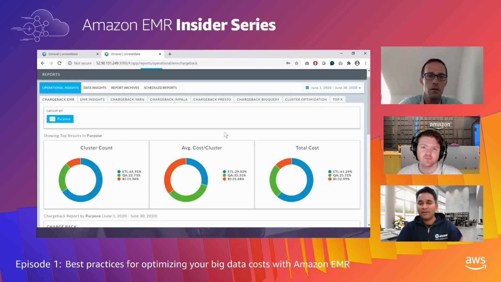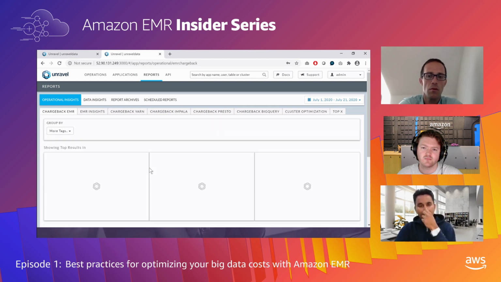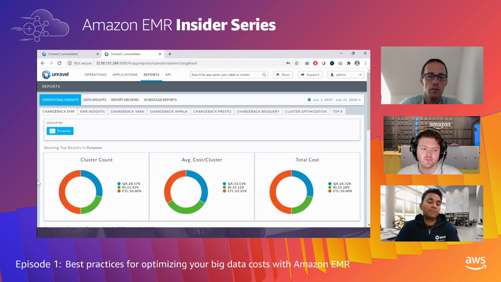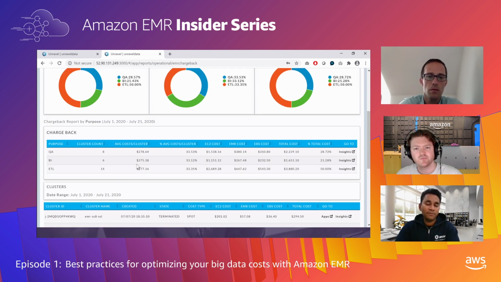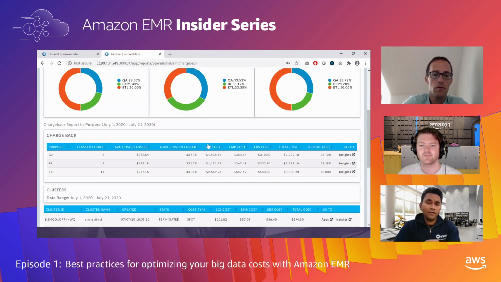So going back here, I actually applied those changes in the month of July and ran a couple of these workloads in July as well. And now let's go and see what the cost of the ETL environment or the purpose of these clusters look like. So ETL, if you remember, was costing me about $800 a run, is now costing me about $300 a run. And I've run this about 14 times because it's still mid-month. But my total cost so far is about $4,000. So that's a drastic reduction than what we currently had. And you see all the different clusters now are actually using Spot. And they're doing so without interrupting or making the workloads that are running on that unreliable.